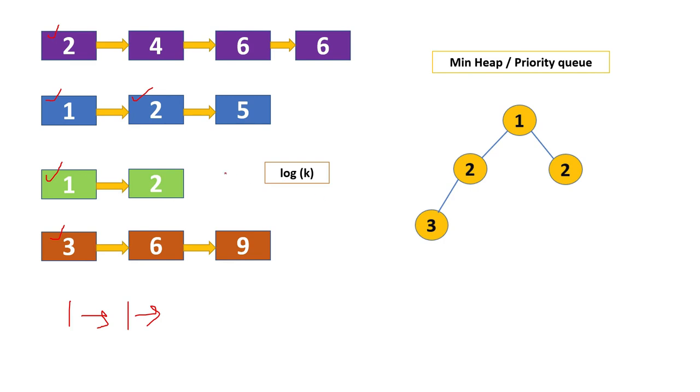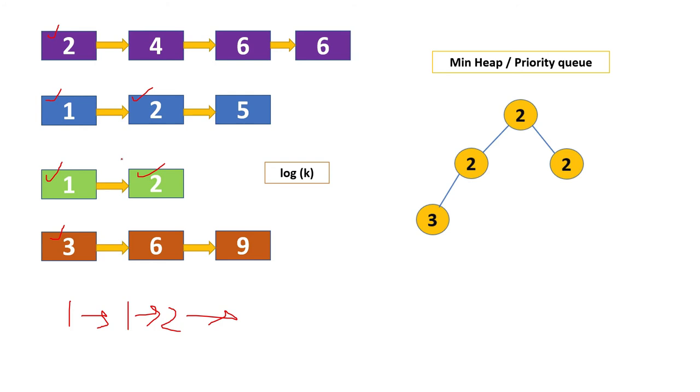Next what we will do is, 2, 2, 2, 3 will be there. Means when 1 we get as a result, obviously we have to move to 2, then 2, 2, 2, 3 will be inside the heap, and the root element is the minimum, that is 2. So 2 we got as a result. Suppose this 2 we picked, then we have to move to 4.